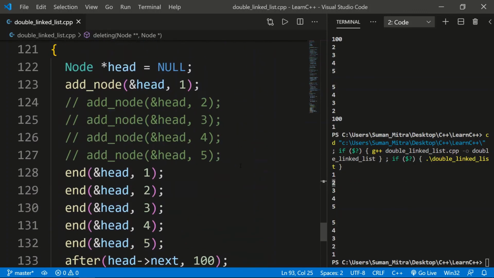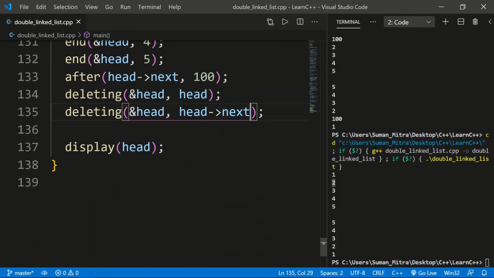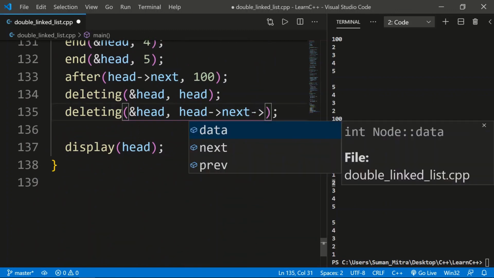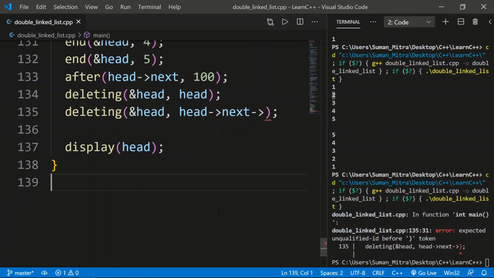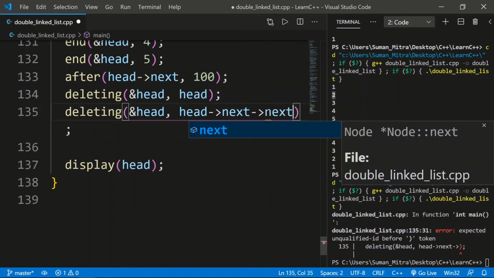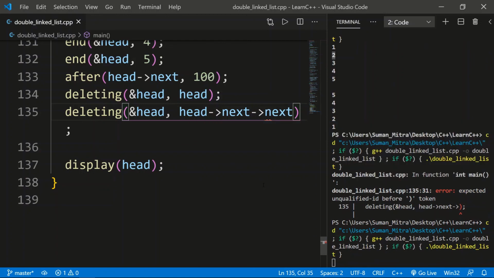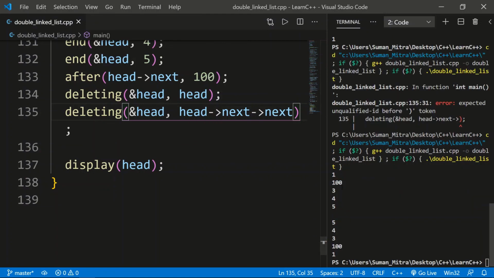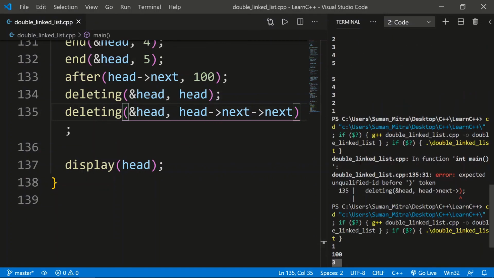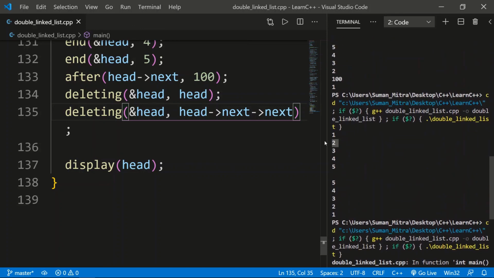If you take the example, suppose you do the same example and try to delete one more just by adding here next. You go to the int main, add here one more next. You can see that if you run, sorry, there will be an error now. You just write here next, and if you run this, you can see 100 remains, but the 2 that was earlier there is gone. So just by writing next, you can go to the next part and delete any node.